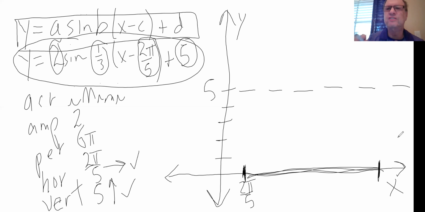Now, students typically want to write 6 pi there. Now that would be 6 pi if you had started at 0. And then if you move to the right 6 pi, you'd end at 6 pi. However, in this case, we're not starting at 0, we're starting at 2 pi over 5, and we're moving 6 pi to the right. So what we need to do is add 6 pi to 2 pi